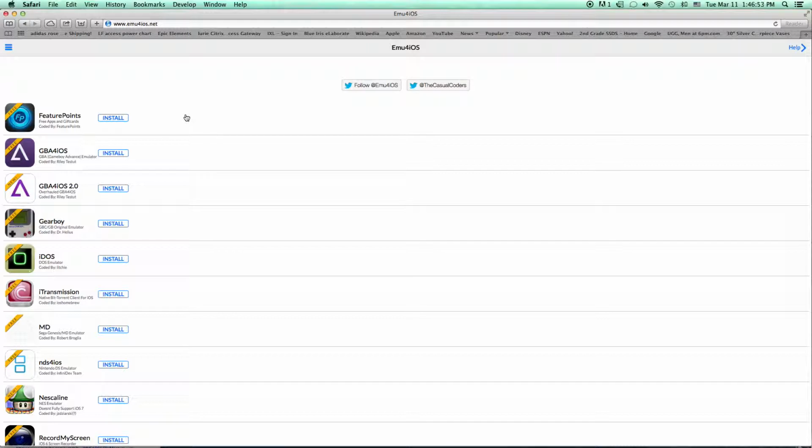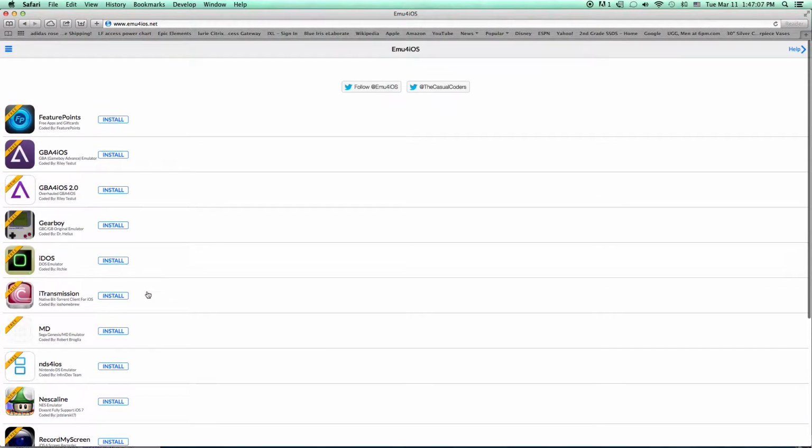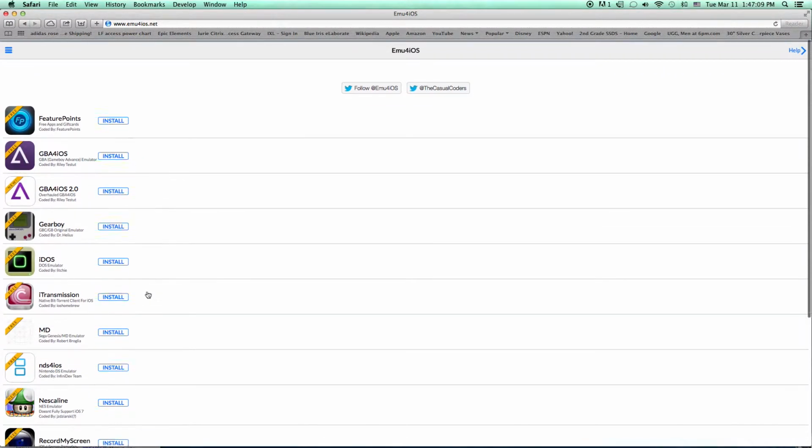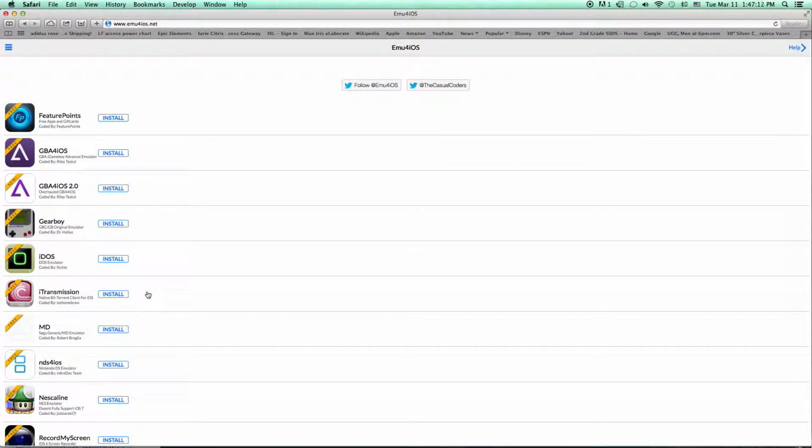You're supposed to be on an iPhone, but since I can't really record on my iPhone, I'm gonna do it on the computer. But if you go on your iTouch and search it, then you want to put in the address and you'll be here. Next, you want to change your date to 2012. Once you're done with that, you want to get any of these.